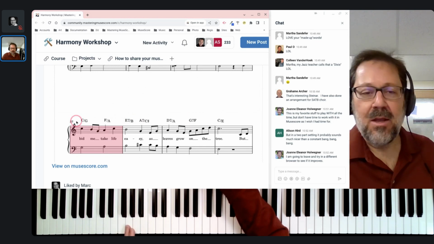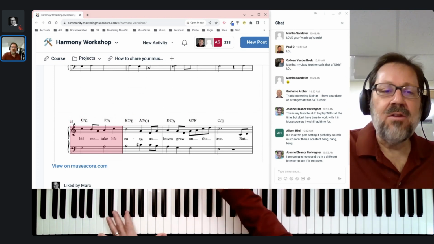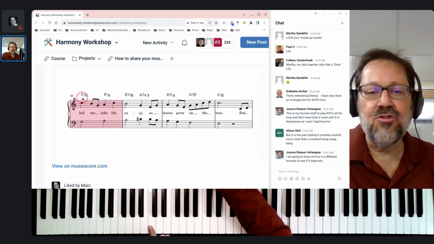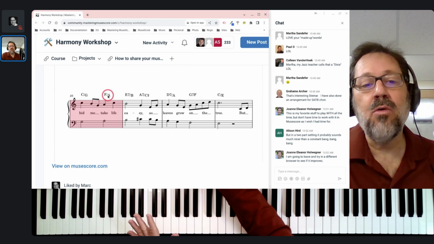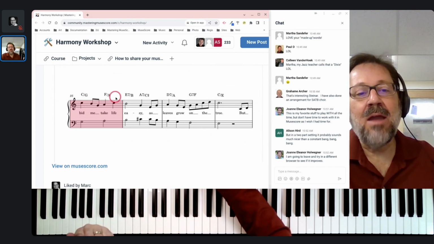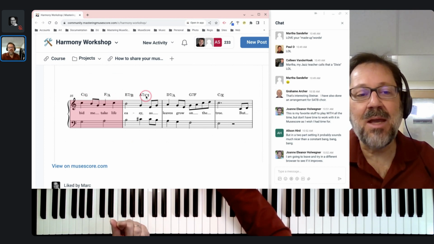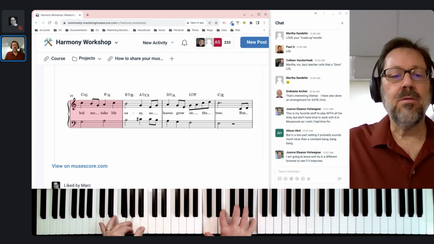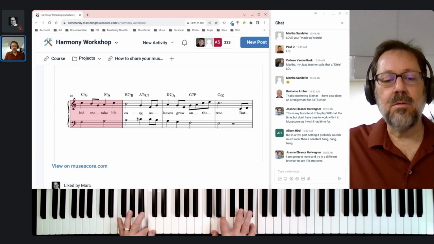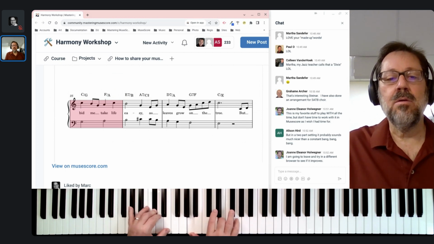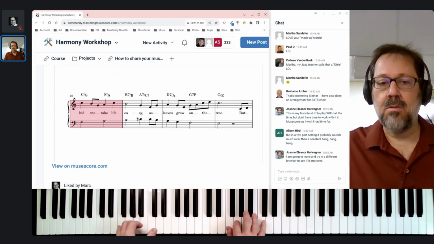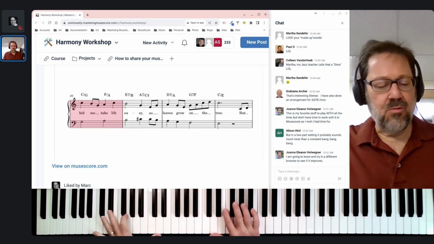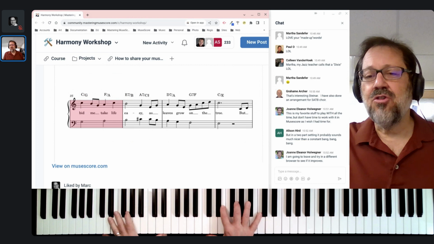And I talk about using inversions, not using inversions. I think this progression, which I'm going to play in a moment without inversions, is going to sound just fine with no inversions. But he has created a really interesting ascending bass line. So I'm going to play it his way first. Now I'm going to try it in root position, and I'm going to claim that both of these should work pretty well.